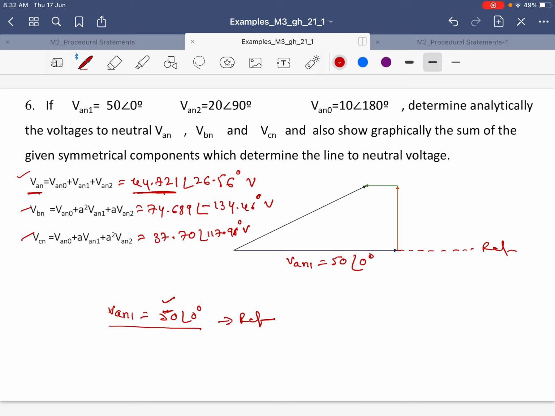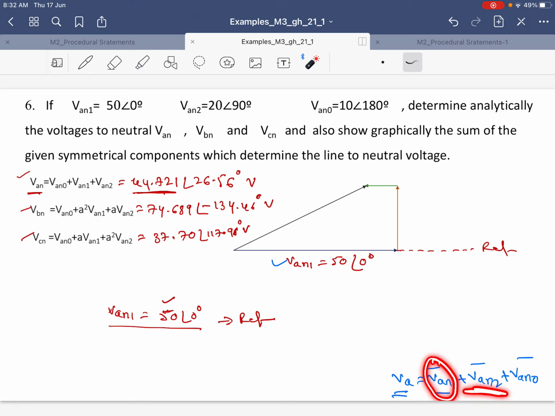Therefore, it is an angle of 0 degree. Then I have got the next one, VAN1. What I have to get is VA, so that VAN1 plus VAN2 plus VAN0, if you are adding this vectorially, gives me VA. First I lay down here VAN1. Then to the tip of VAN1,